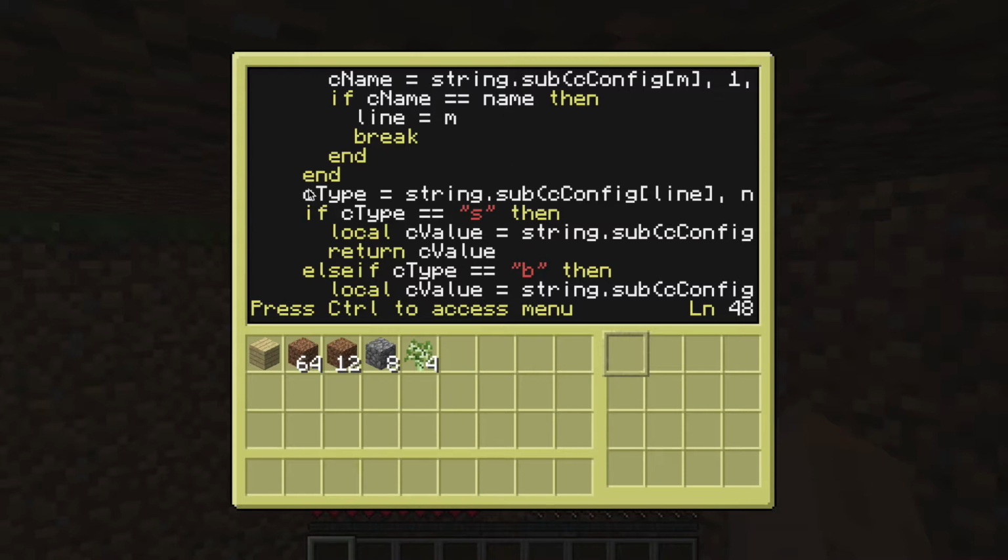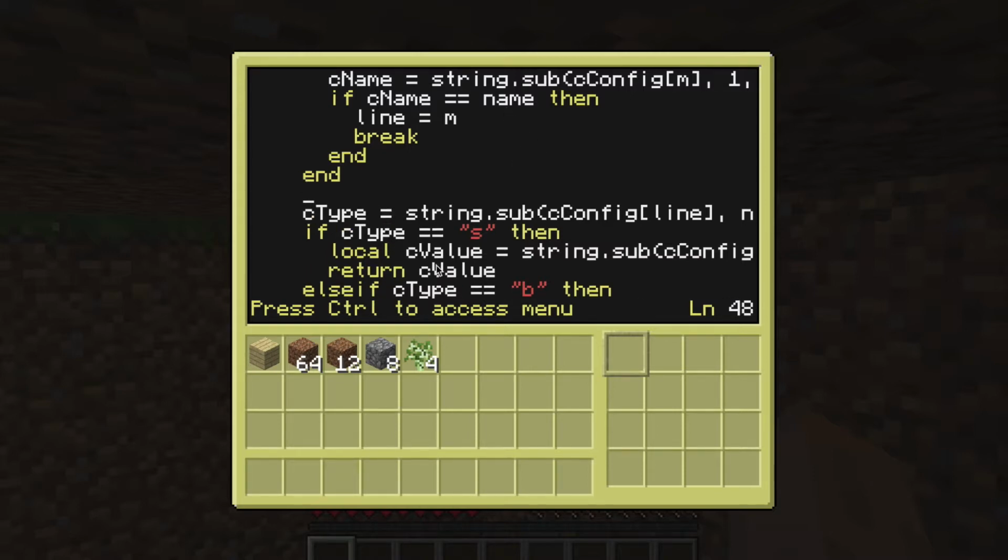Because it didn't exist, so we need to do an if here. If cconfigs, if the length of cconfig is equal to 0, which means that that thing didn't exist, so there's nothing for